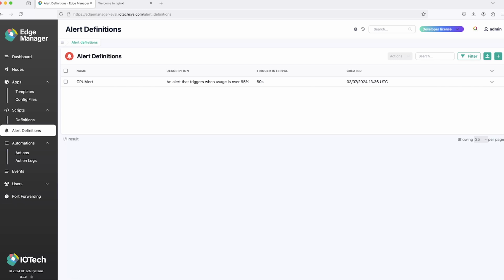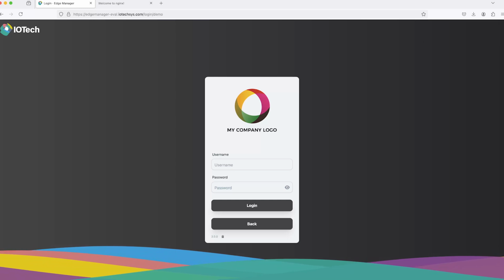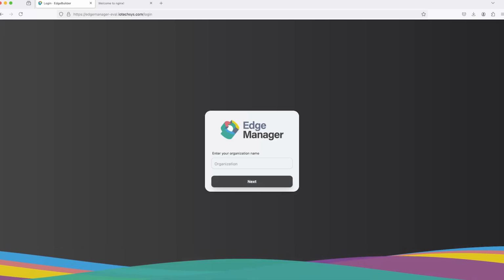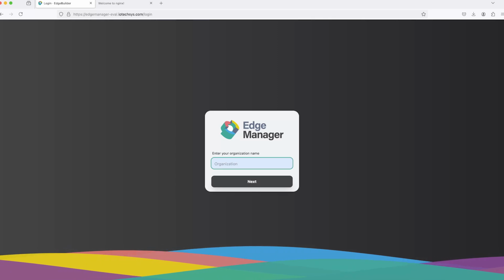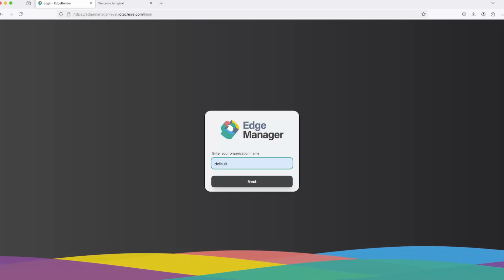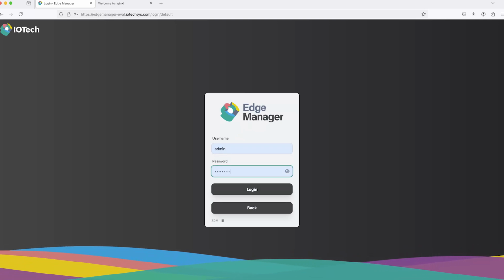The final new feature for Edge Manager version 3 is multi-tenancy. You'll note so far in the demo that this has all been one tenant. If I log out of this system, press back from my company login page, I'm asked to provide an organisation name. Organisations are terminology for tenants. Here I'm going to log into the default organisation,